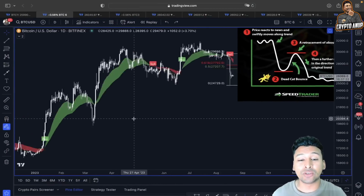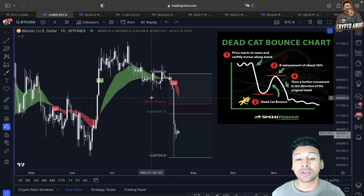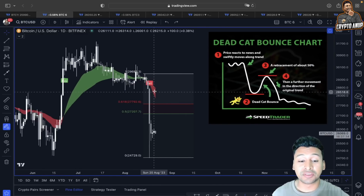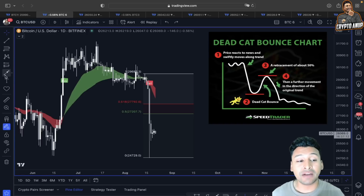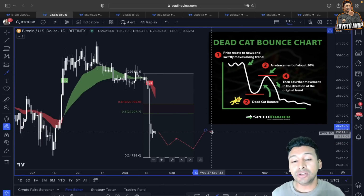I mean, the price of Bitcoin, if we look at this using our indicator, crypto on a buy sell indicator, we are being flashed a sell signal, right? That's not a good sign. But in the medium short term, even after some shakeout, if the price does show another rally here to the